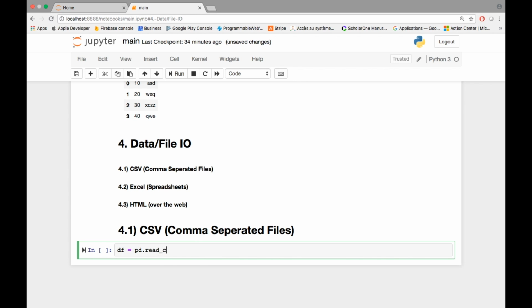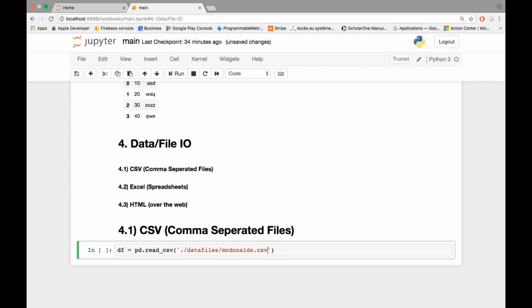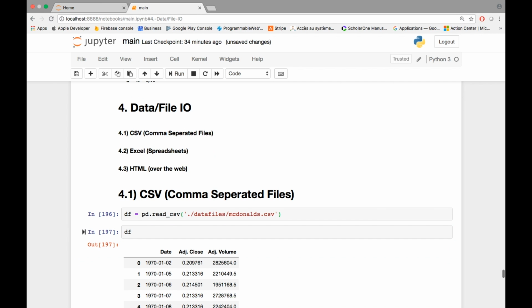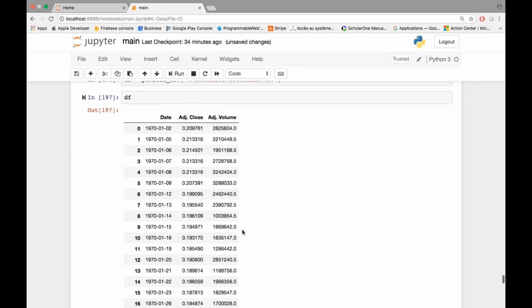So read CSV, and right here you should mention the path of your file. So ./ means the current directory. Hitting tab, I get the folders within my directory. I have data files. Hitting tab again, I get all the folders within data files. So let's read mcdonalds.csv. Hit Shift Enter, then print df, and this is my CSV file in a certain data frame, which means